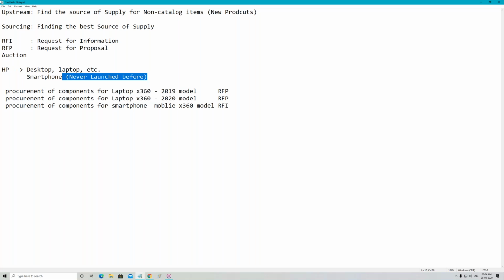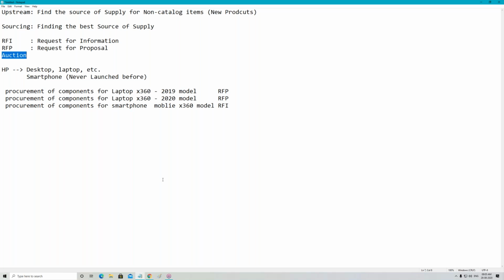What about auction? Here also, if I ask what is auction, all of you will basically say auction means I want to reduce the price. But is it enough? No. If you want to understand what auction is, there are certain points on which you should be very, very clear.